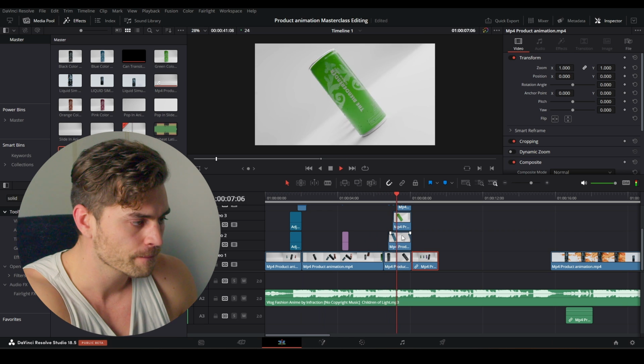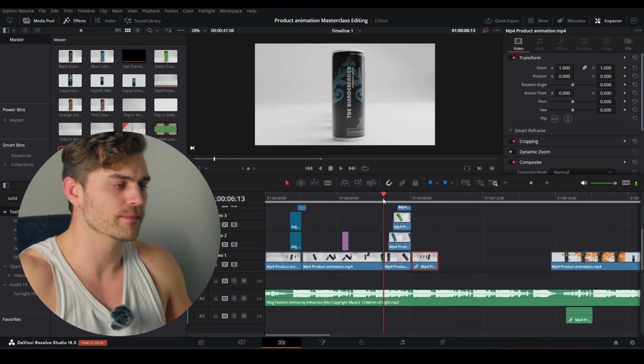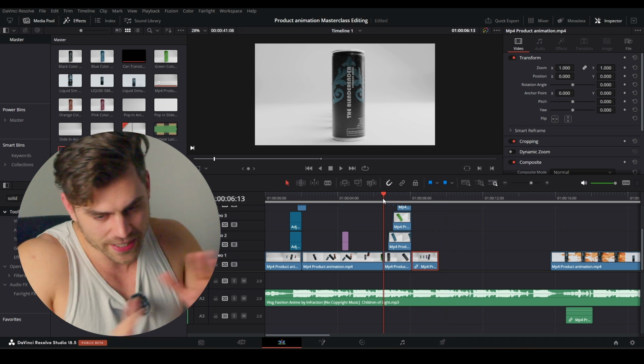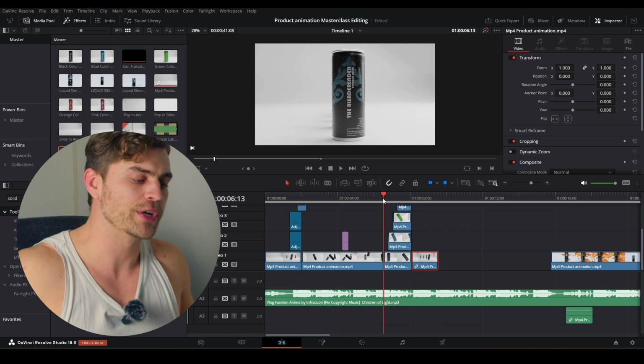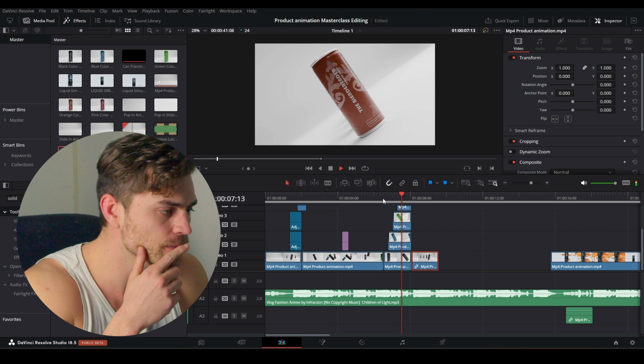So as you can see, the moment that the pendulum swings, and it goes on the action, and on the action we cut as well, and there's more movement going on. So that is good.